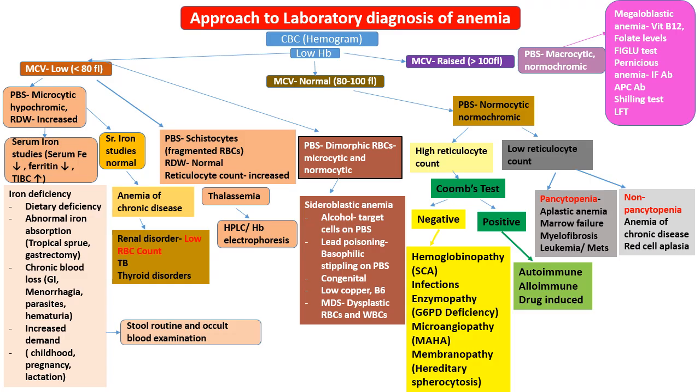One of the causes for megaloblastic anemia is pernicious anemia. For diagnosis of pernicious anemia, we can do intrinsic factor antibody test or antiparietal cell antibody test. Schilling test was also used to be done in the past, but it is not very commonly done. Another common cause of macrocytic anemia is liver diseases. So for that, we will do liver function test to see